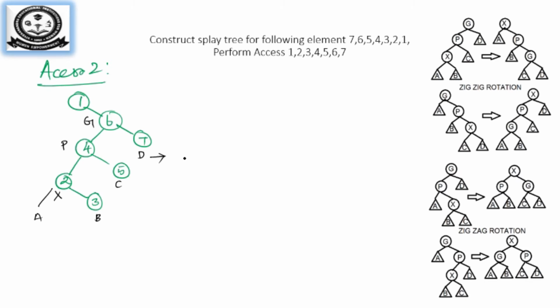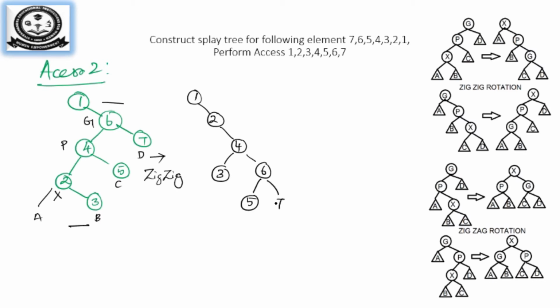So now this rotation is similar to zigzag. So perform the rotation only to this part. The rest of the part is untouched. So you will have 1, 2, 4, 6. So it's done. What is A? I don't have any A, but do you have B? Yes, we have B. B is 3, C is 5 and D is 7.